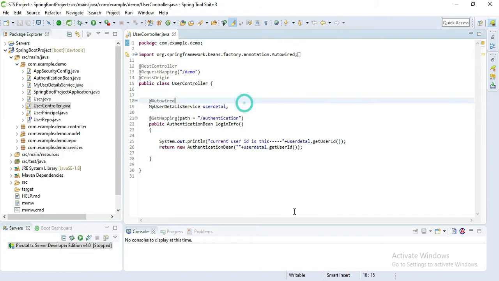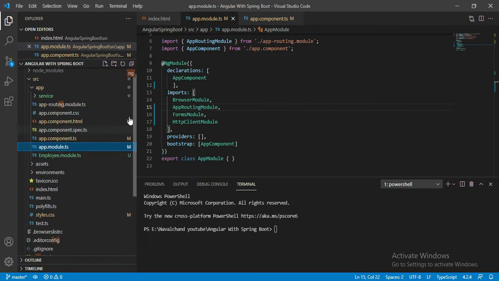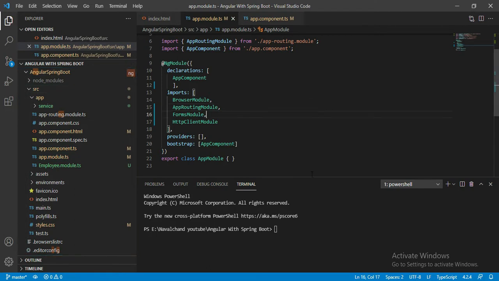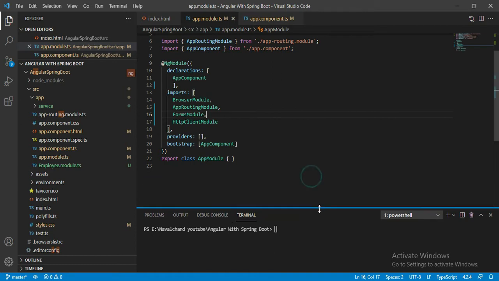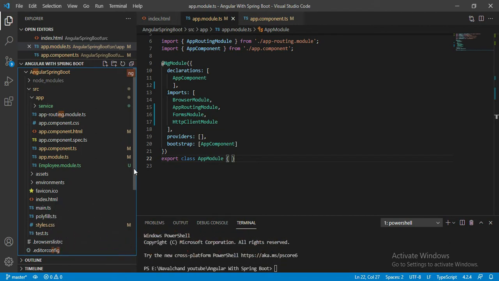For that, first of all we have to open our Angular application. You can see here, this is our Angular application. First of all we have to create one login form. I'll not create a separate component for login. I'll put everything in the same component. This is not the right way, I know that. In the next series we will create a separate component and we will perform the routing. This is a short series, so I'll not do much more in here.